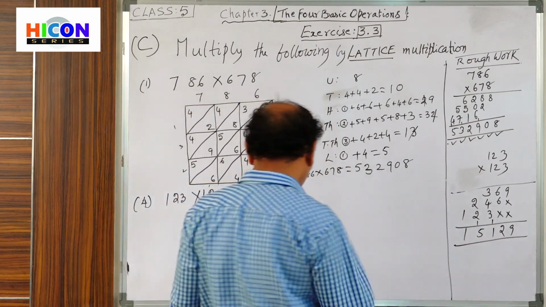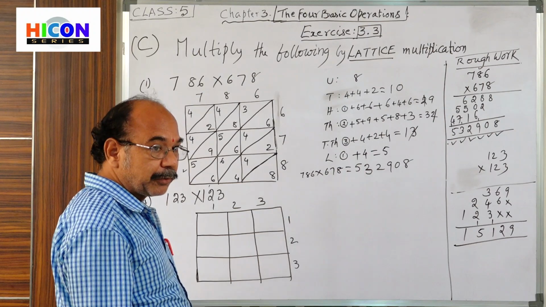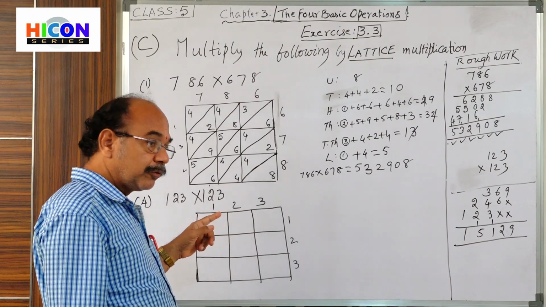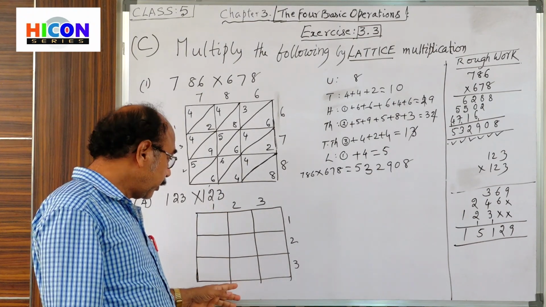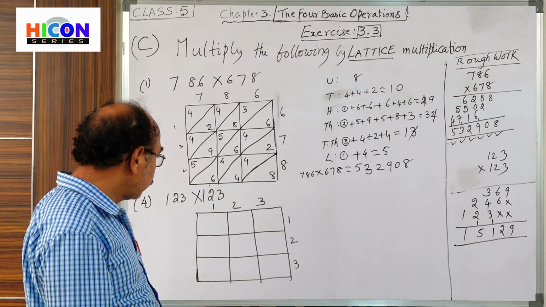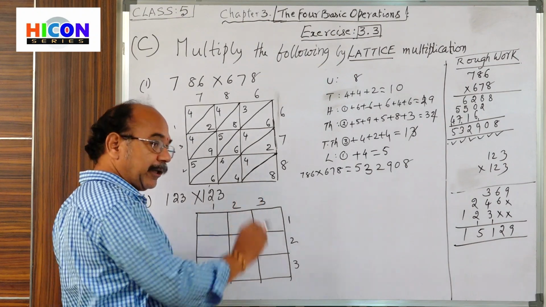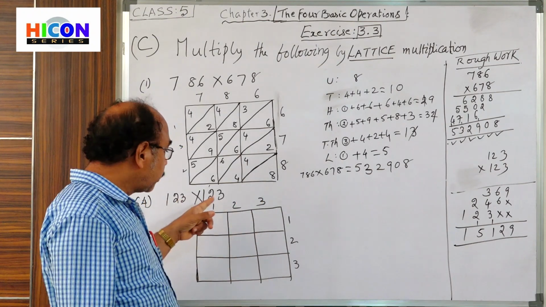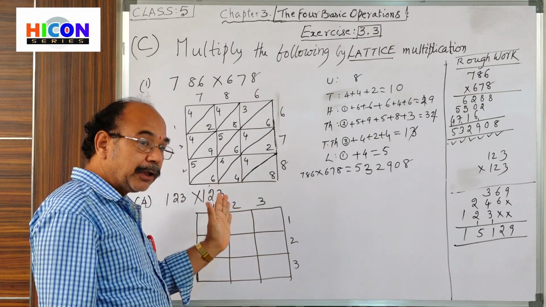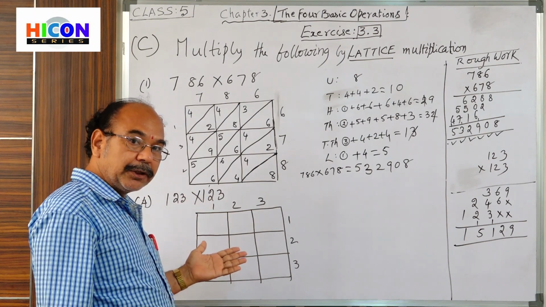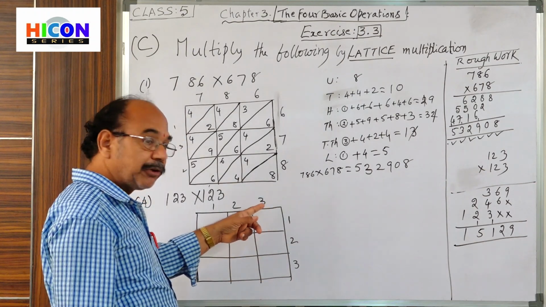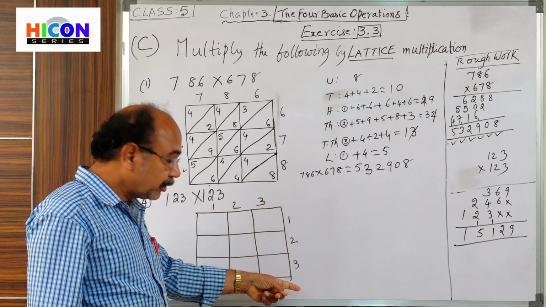This is actual multiplication. Now come to lattice multiplication. What is the procedure then? First of all, what do we prepare? We prepare a 3 by 3 square grid. First number horizontal element: first number 123. This number is to be multiplied with 123. The same number is multiplied by itself. That's why 123, 123. First 123 horizontal, second 123 vertical.